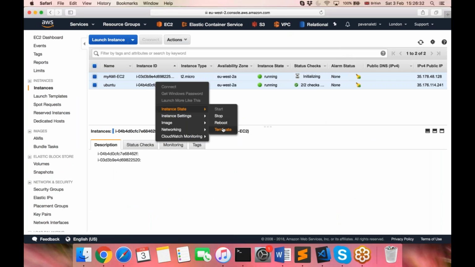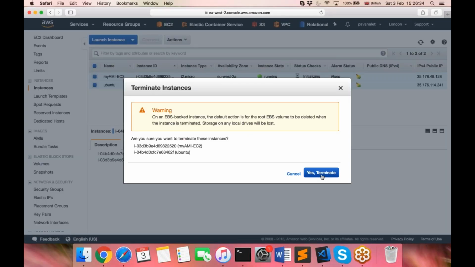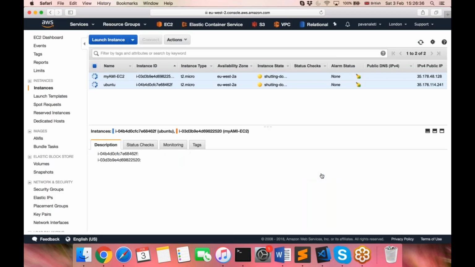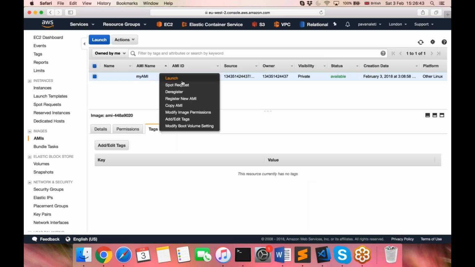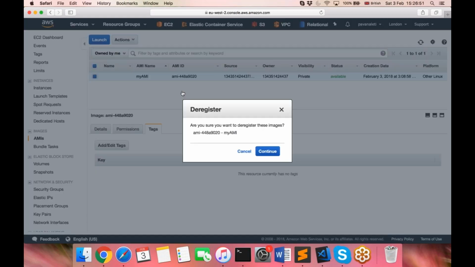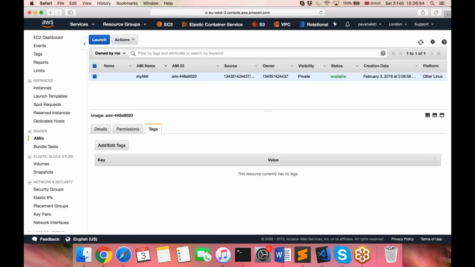I'm going to terminate these EC2 instances. Yes, terminate. And we also don't want this AMI, right? We're not going to use this AMI. Any time you want to delete an AMI, the first thing you need to do is deregister it. Once you deregister it,